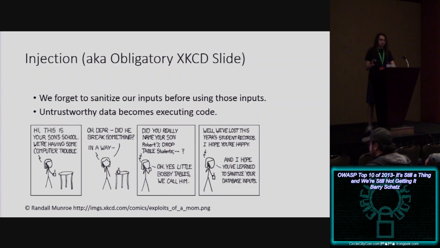The primary thing about this is it's stuff happening on your server. So you spend all this time trying to lock down your server. Your config team rotates keys constantly. They've got the firewall locked down. But really, people are just messing with your data through port 80 and port 443 because the web application's not locked down properly. So yes, untrustworthy data becomes executing code.